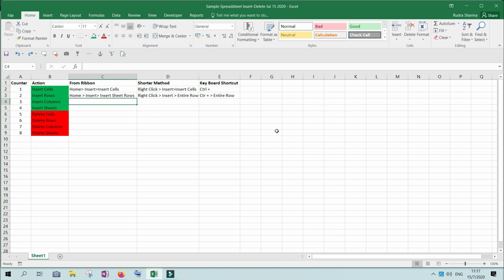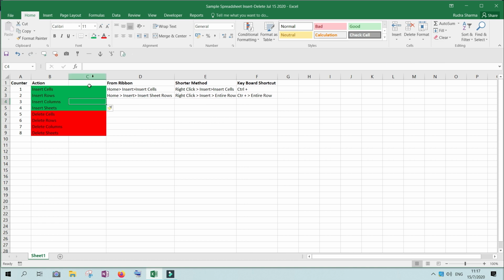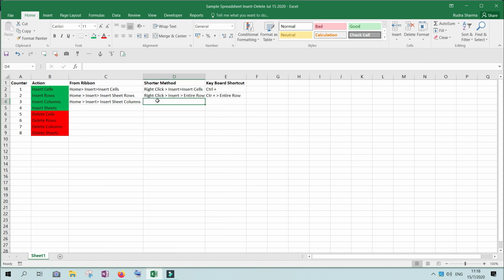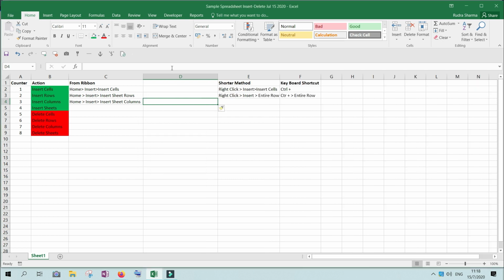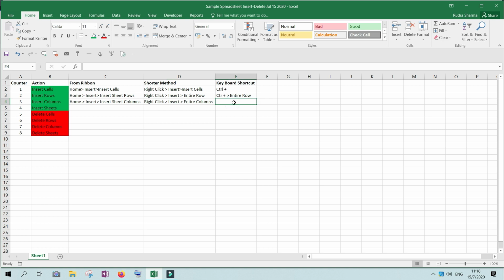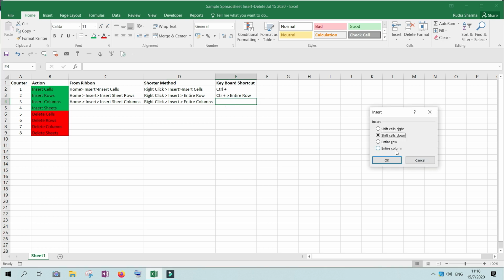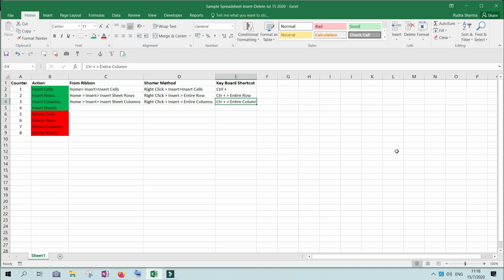For inserting columns, you can go to Home, Insert, Insert Sheet Columns. Column C is inserted. And what is the shorter method? It's right click, Insert, Entire column. Just keep OK. The entire column is inserted here. I'll undo it, and the keyboard shortcut is Ctrl plus and choose Entire column, or before pressing Ctrl plus, press